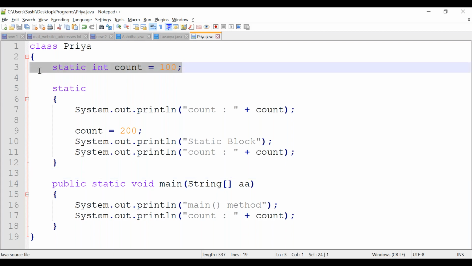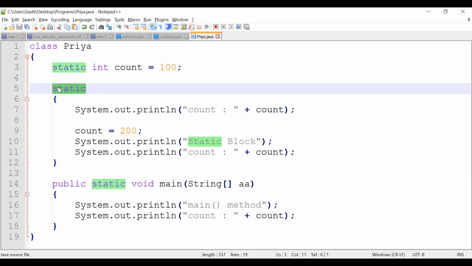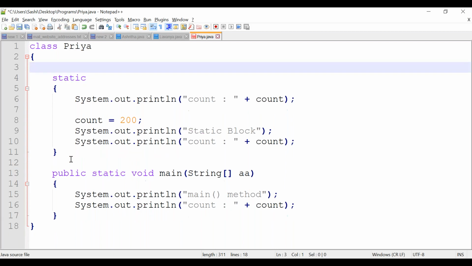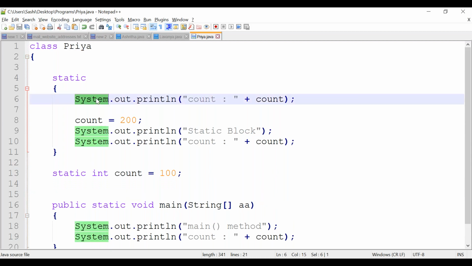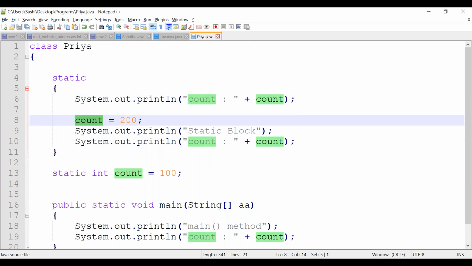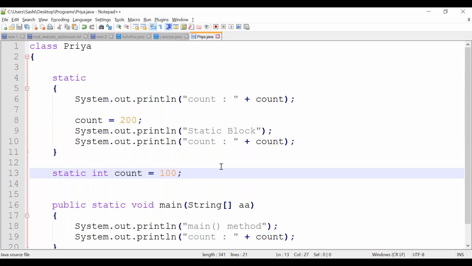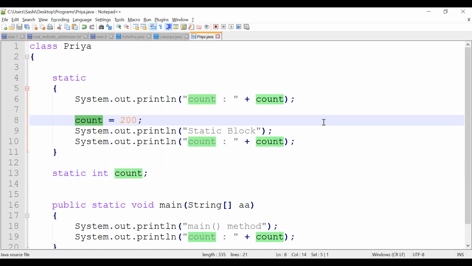If static blocks come first and you move the variable to the bottom, what happens here? It starts executing from the static block. We have seen static blocks are used for initializing values, right? Even if you move it like this, it wants to initialize count, but count is not known. No one declared it on top of the static block.